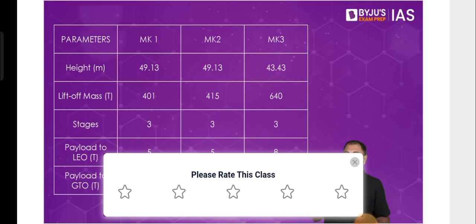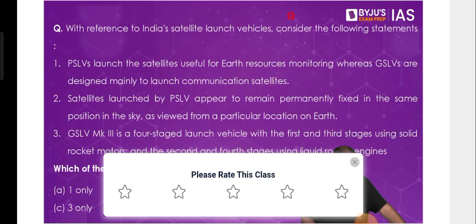But after that, slowly and steadily, we kept on understanding it better. We kept on stabilizing the cryogenic technology, and now the missions don't fail. If you look at the last few missions, from 2012 to 2022-23, we haven't lost anything. GSLVs have now become stable, especially thanks to the development of GSLV Mark 3, because while doing that, we also understood a lot of things, and now we started doing a lot better than what we were doing. So that is what we have seen with Mark 1, Mark 2, and Mark 3.